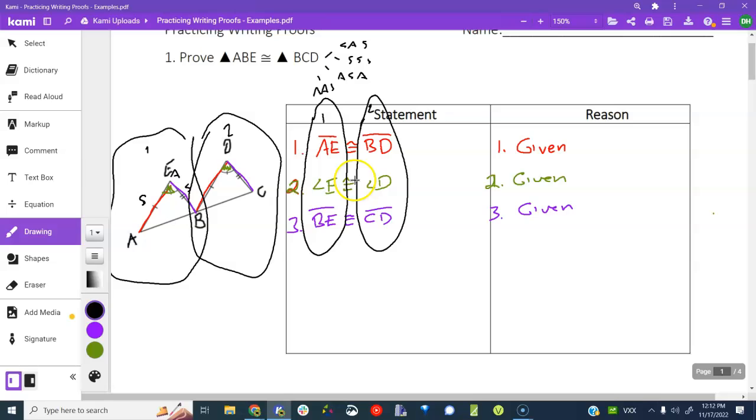Okay? Another thing, you'll notice how I listed these. I knew ahead of time that I was going to use side, angle, side. What's the order that I listed these in? Side, angle, side, so that by the end of your proof, it's very clear to see that my 4th reason is going to be side, angle, side, because I listed that order. Now, if I put number 2 as number 1 and I put the angle first and then 2 sides, is it wrong? No. But if you're planning things out, it just makes things a little bit neater, a little bit tighter